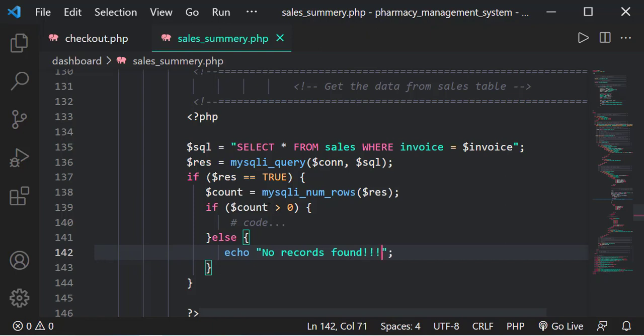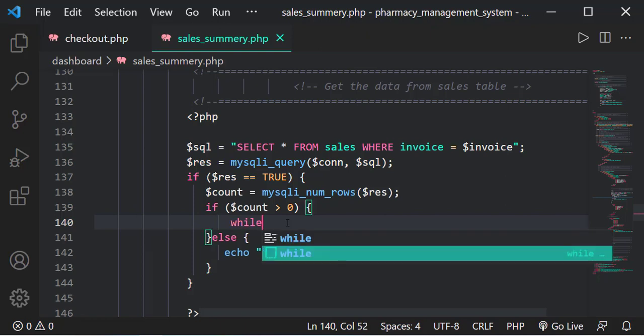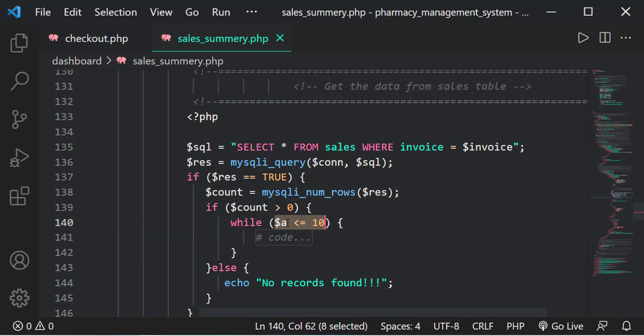Yeah, so that is if the count is less than 0, it means we don't have anything. Otherwise, if it is greater than 0, then we will be able to loop through all the records and have them in our sales summary page. So for that, we're going to use the while loop. So we're going to say while, and the